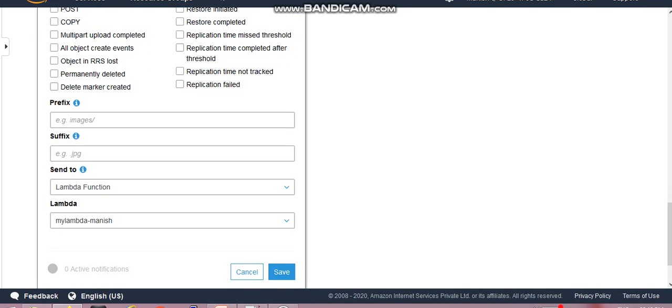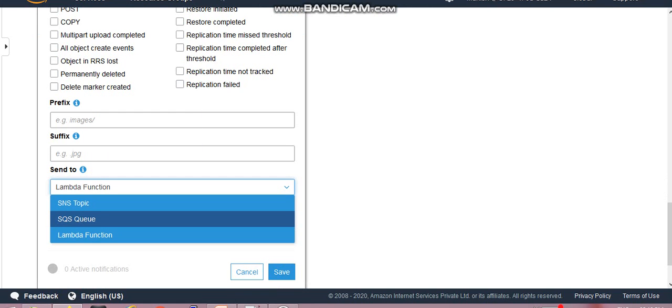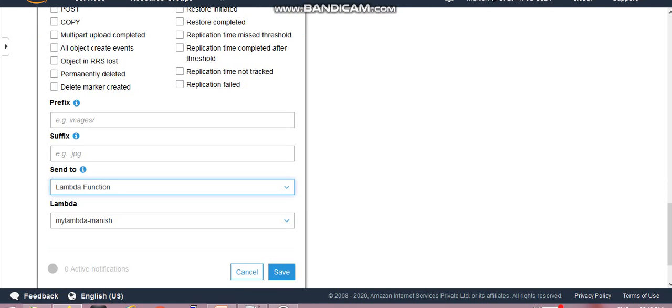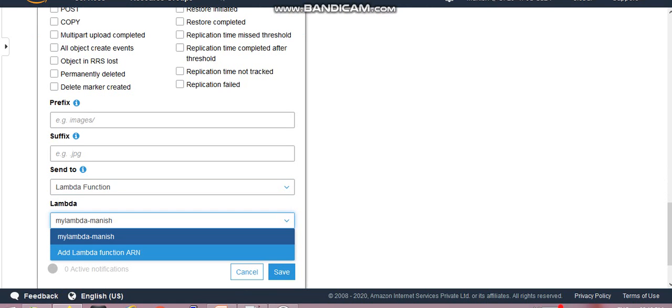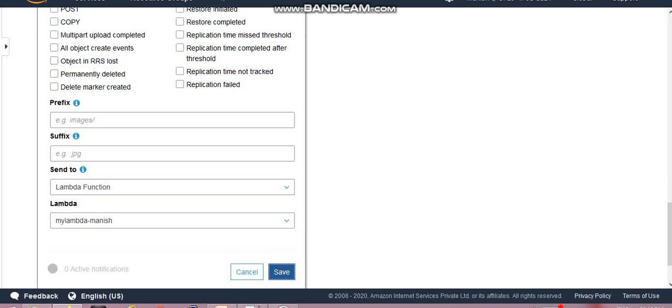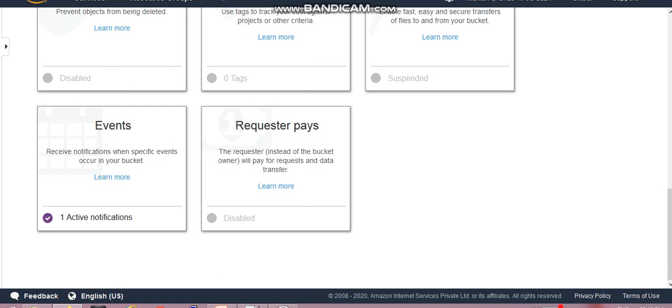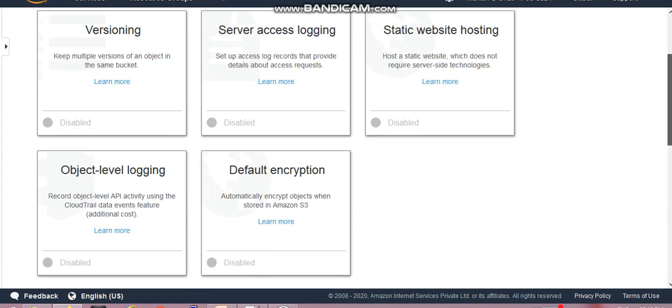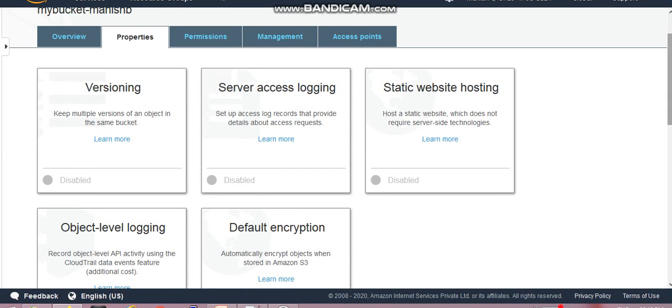It can be any document, you can limit that here, but as of now I'm leaving it as it is. Select send to, select lambda function, and the name of the lambda function. This is my lambda function name. Now I click on save. Okay, it is saved.